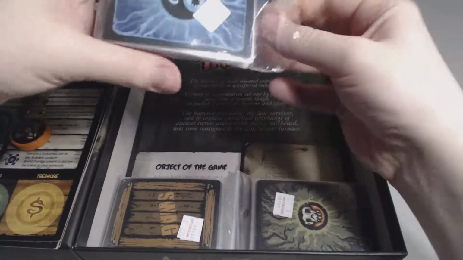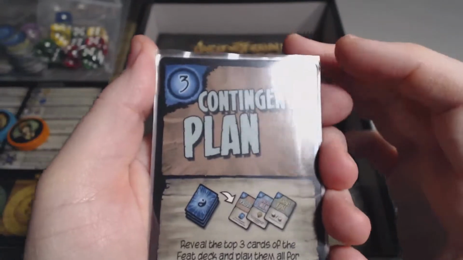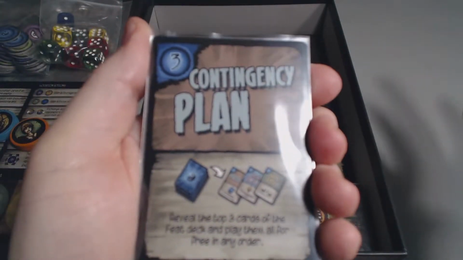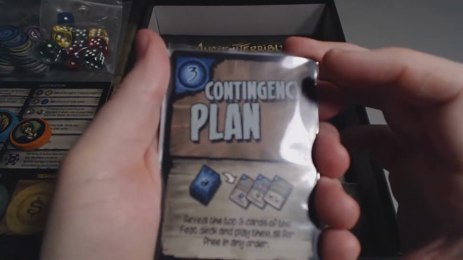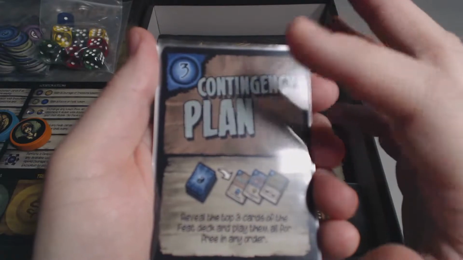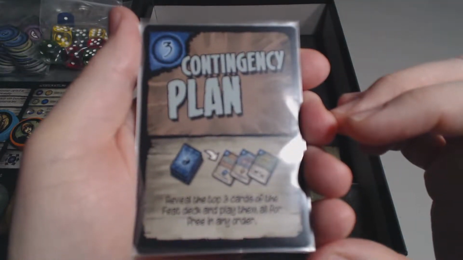These are the feat cards. So these have different... These are basically like, I want to say, instant spells in a way, that you can play. I believe you can only play them on your turn though, unless they say otherwise. But let's see, Contingency Plan: reveal the top 3 cards of the feat deck, and play them all for free in